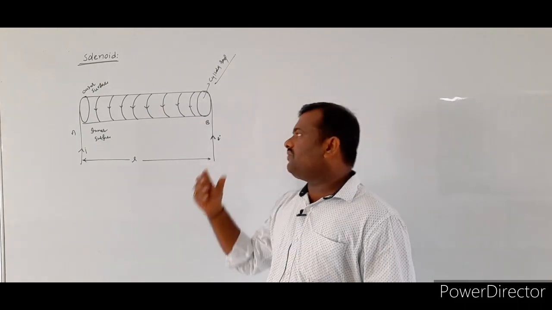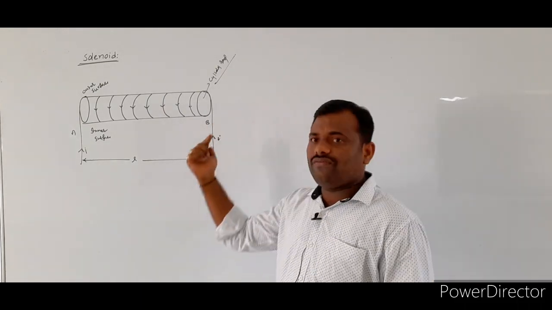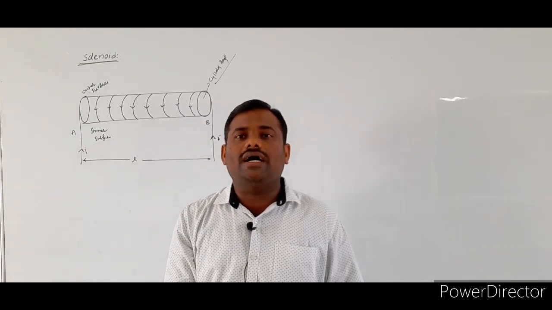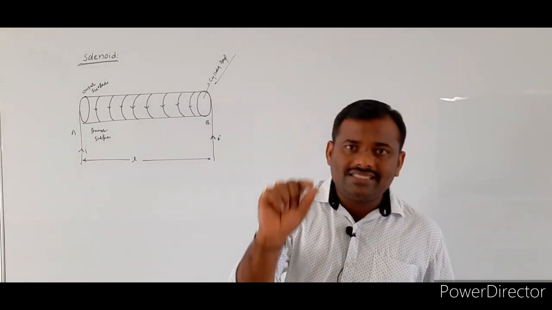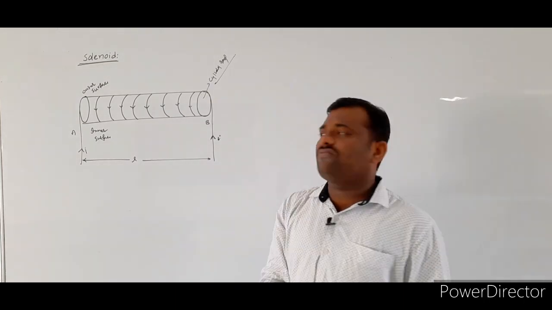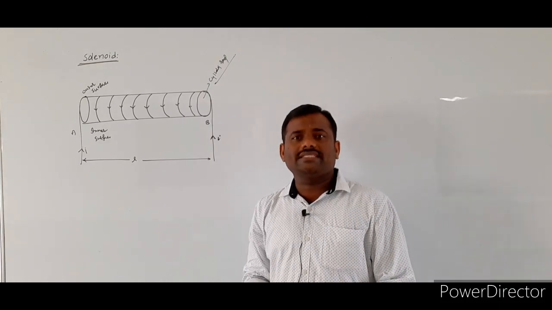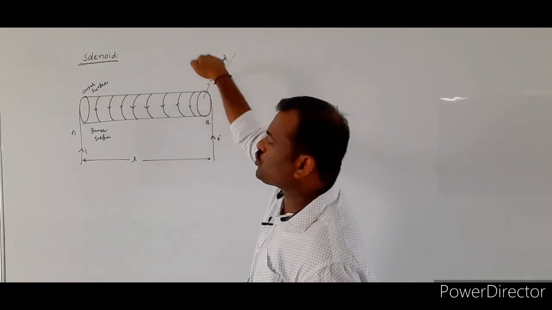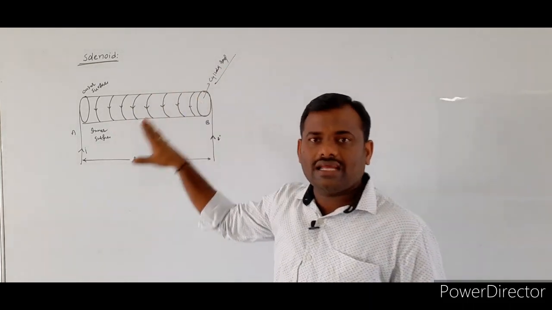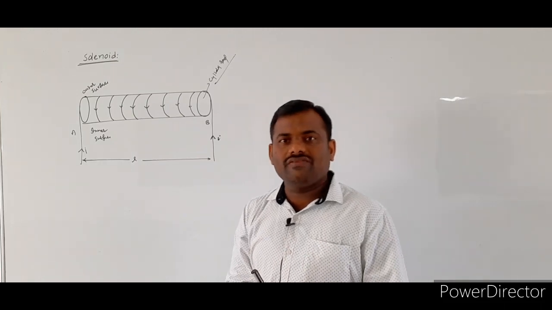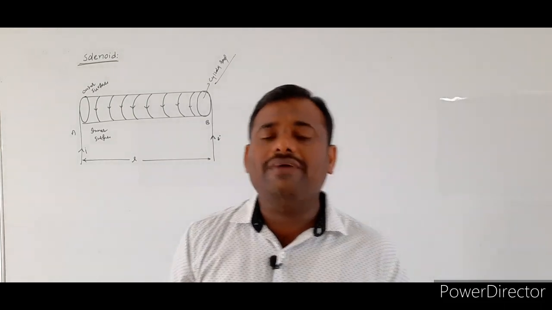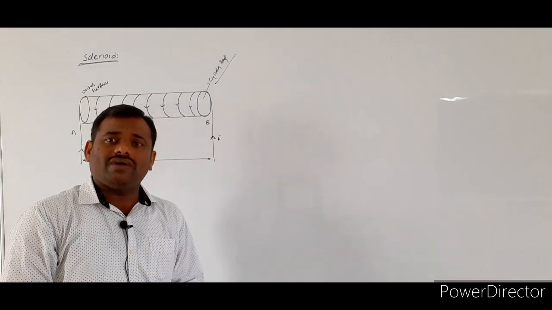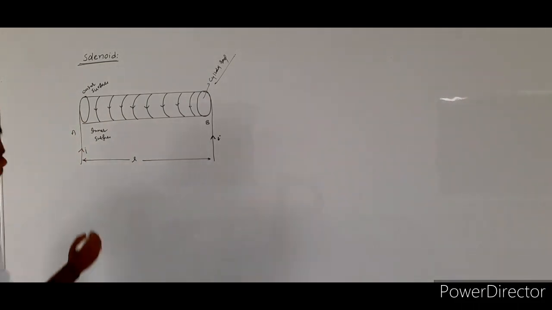For that purpose, whatever conducting wire we assumed, which is carrying a current of small I, is coated with the insulating material. This is a precaution we have to consider while discussing the concept of solenoid. Like that, the conducting wire should be wound into so many number of turns and the conducting wire should be insulated. Such a type of arrangement we are calling a solenoid. Now, what is our aim here?